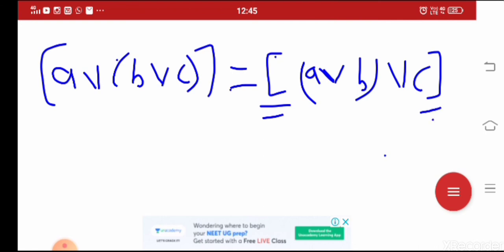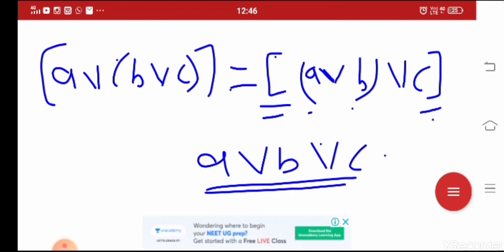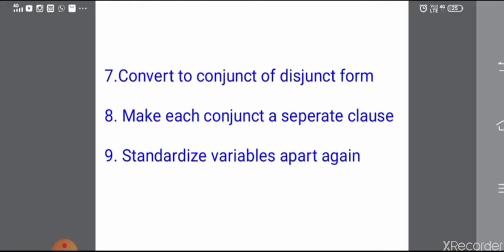So the result will be A or B or C. We remove all the parentheses, and at the end we get the conjunction of disjuncts. This is our seventh step in the conversion.